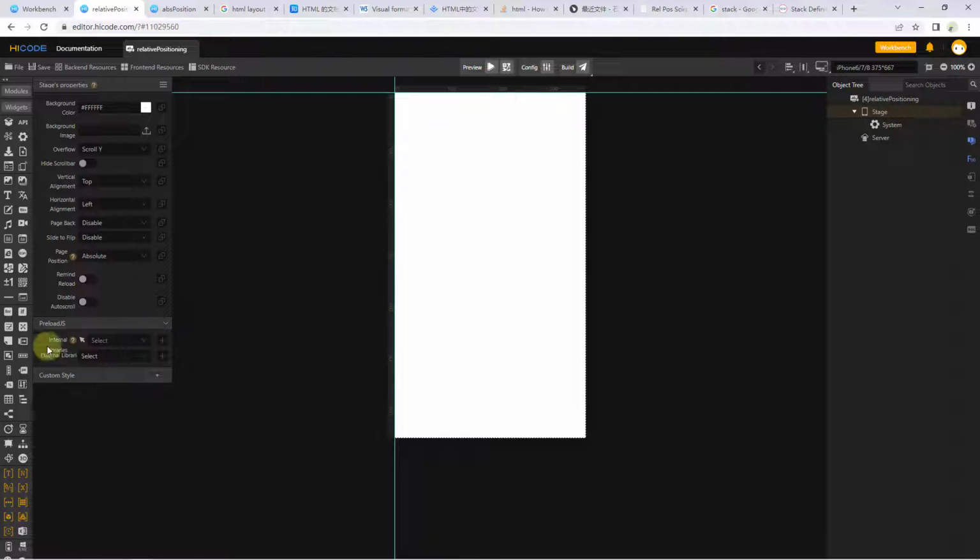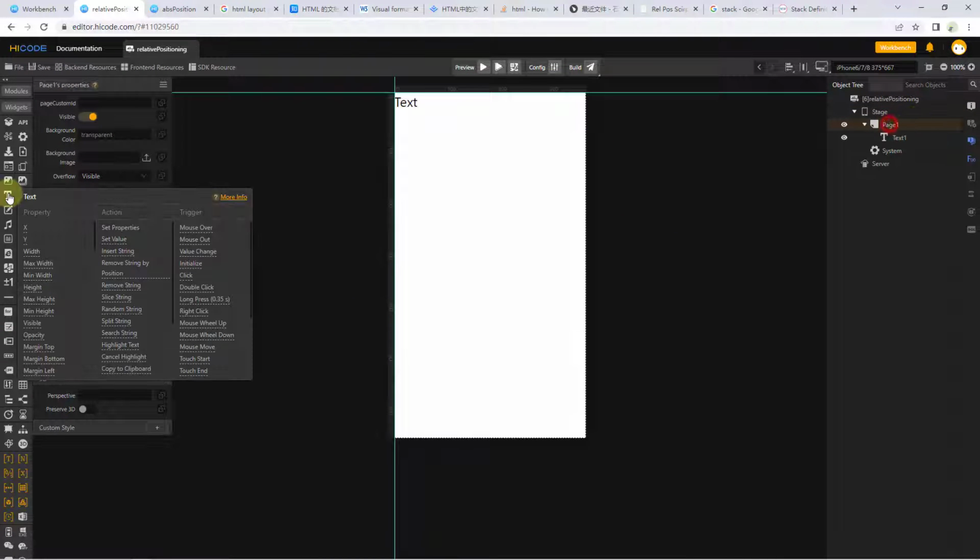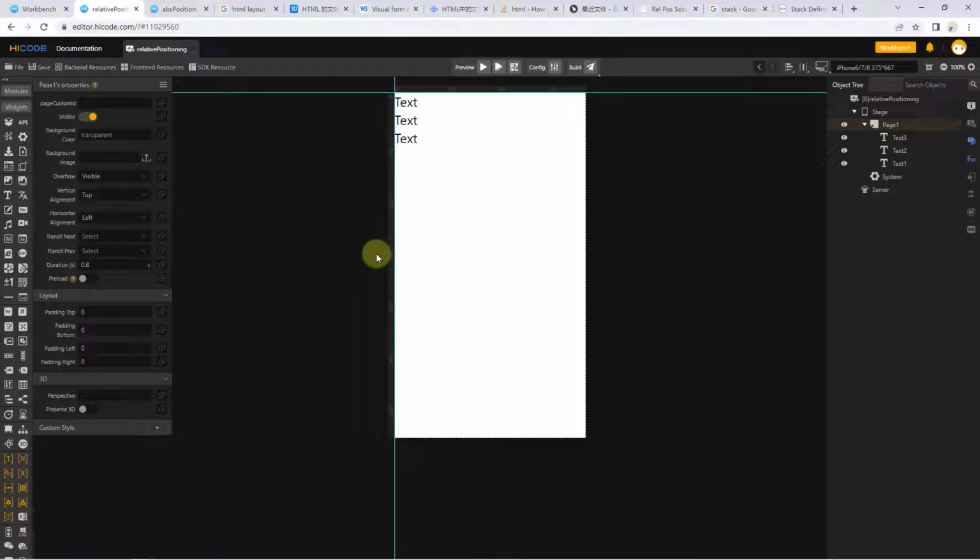First, I'm going to add a page. And when I click on the text widget, text boxes automatically appear on my stage. Notice the difference from adding widgets in absolute environment. I had to draw on the stage to initialize a size and position for my new widget. Here I only need to select a parent and click Add. Not only do text boxes follow this rule, it is the same for every relative widget, like this input box